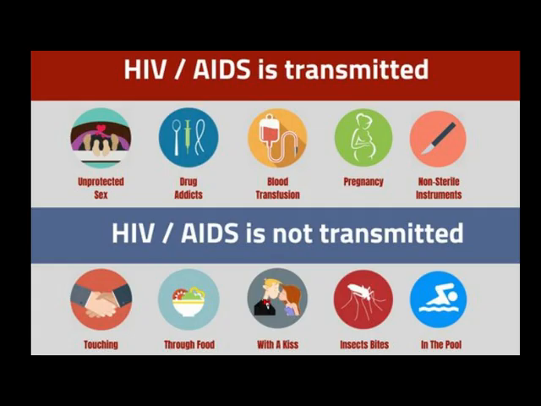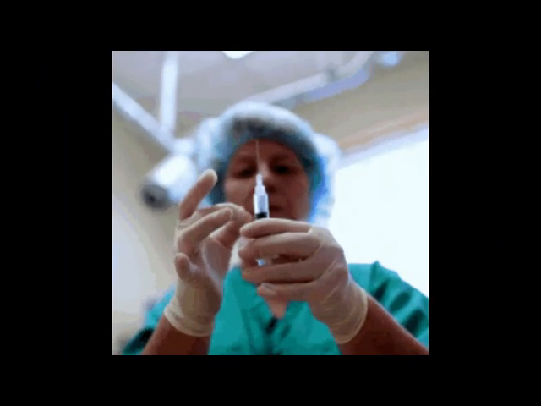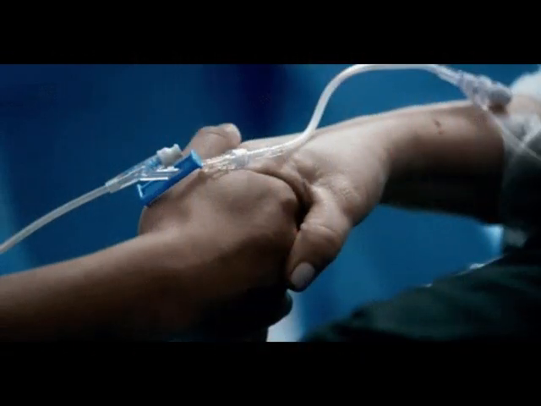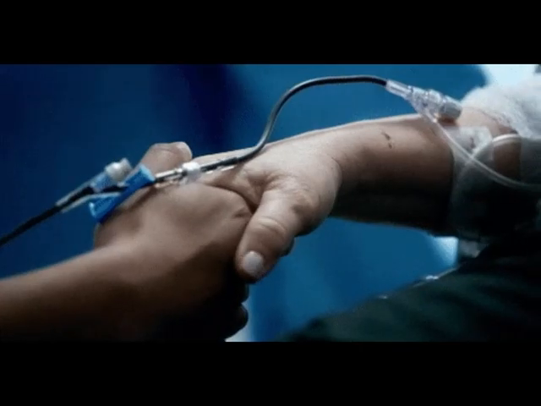Use of contaminated needles and syringes to inject drugs or vaccines. So whenever we go for an injection, we see that they rub the skin with disinfectant, sterilizing it. All needles need to be sterilized because contamination can mostly occur from blood-like sources. If a contaminated needle pricks into your skin, then in the blood layers it will cause you harm in some way or other. Transfusion of infected blood or blood products.